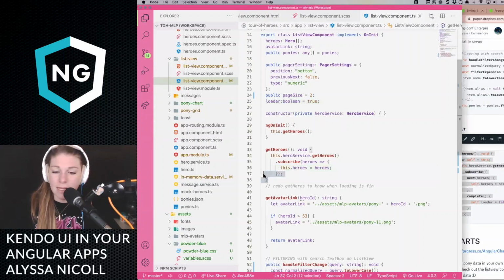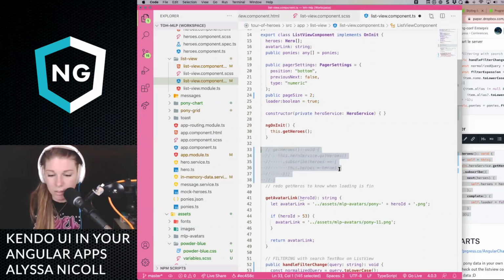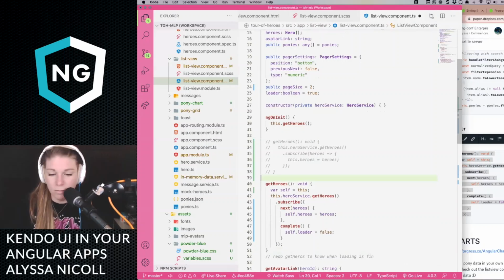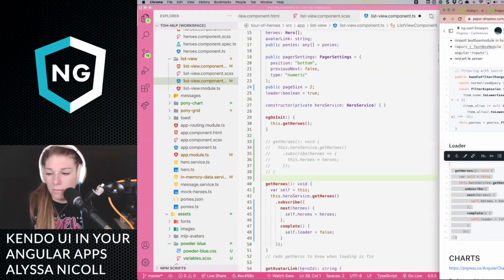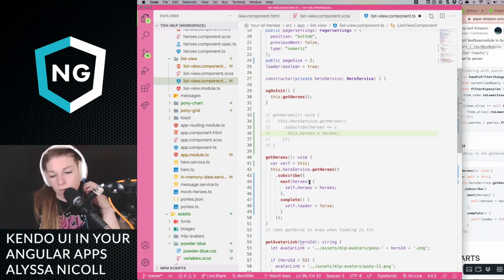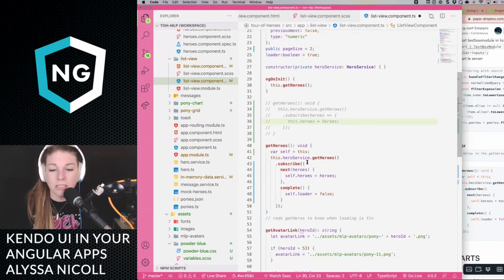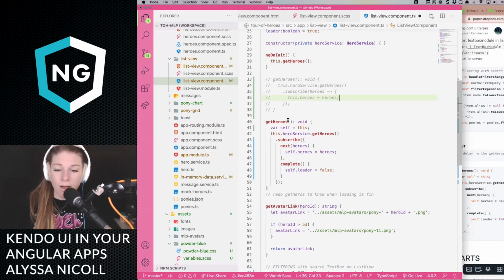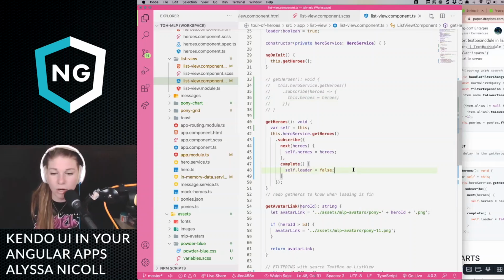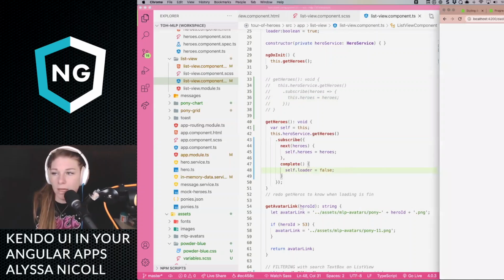I modified get heroes. So instead of just subscribing to get heroes, I'm going to comment that out, and then below it, show you how you can modify that. Boop, boop, boop. So that, oh, right. And we need to add a delay so that you can see the loader for longer. Don't let me forget that. So here we're modifying get heroes so that inside of the subscribe, we are listening for whenever we actually have a complete, and we turn that loader off. It's going to be pretty quick.